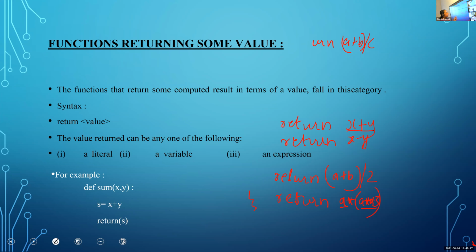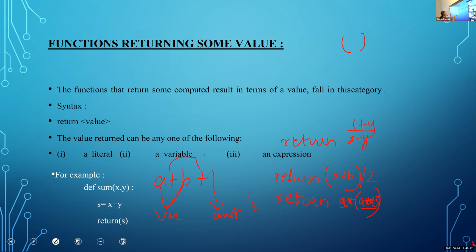Expression means it's a combination of variables, constants and operators. That is a plus b plus 1. This is an example for expression. That means here I am using 2 variables. These a and b are variables. 1 is a constant. Then plus is used.